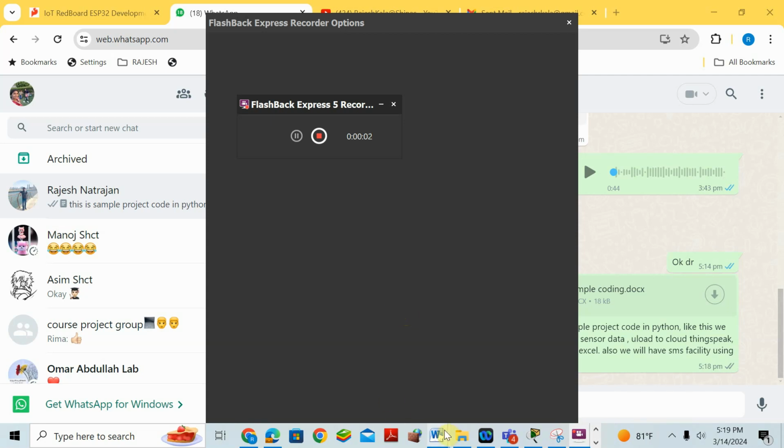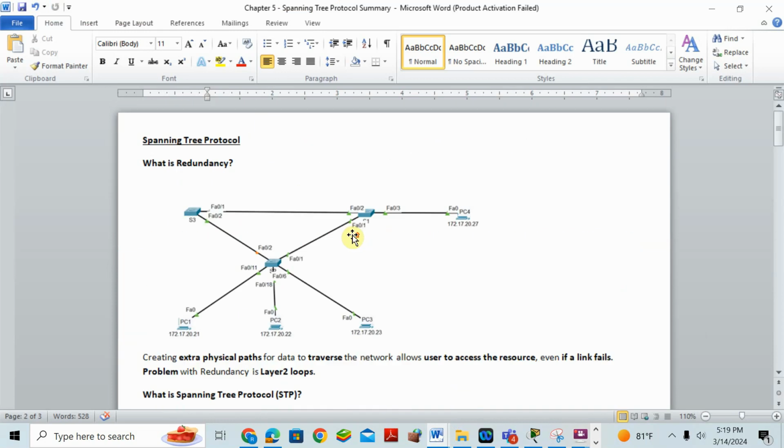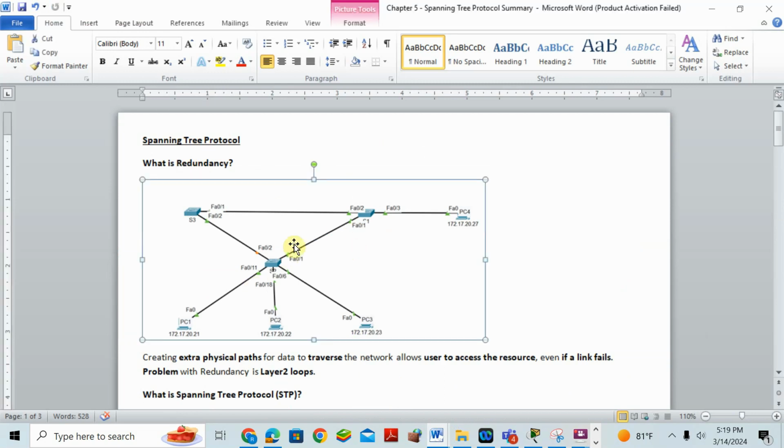Students, today we'll discuss spanning tree protocol. Before we start with spanning tree protocol, we should know about redundancy. This is a picture which shows redundancy. Redundancy means, see, from PC1 to PC4, for example,